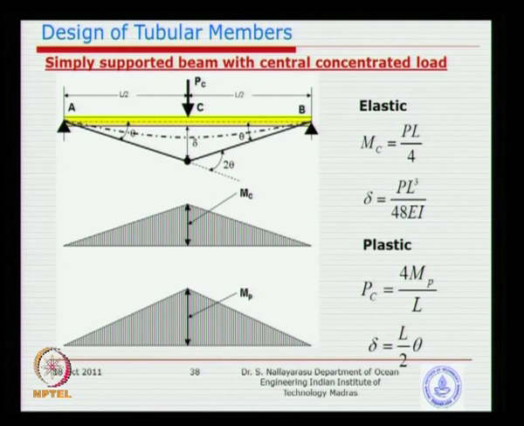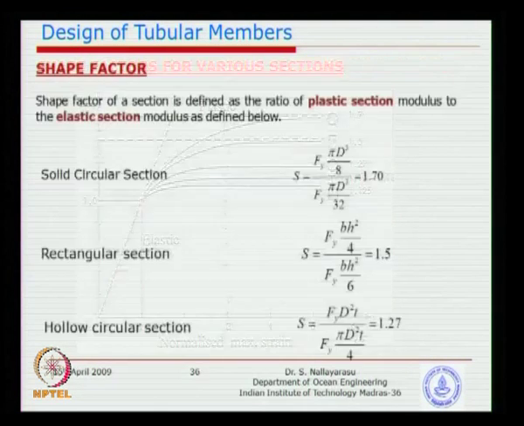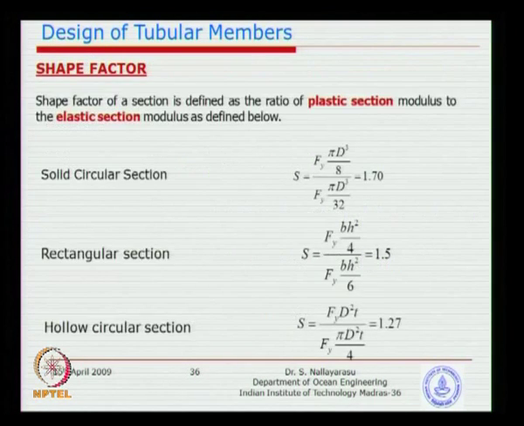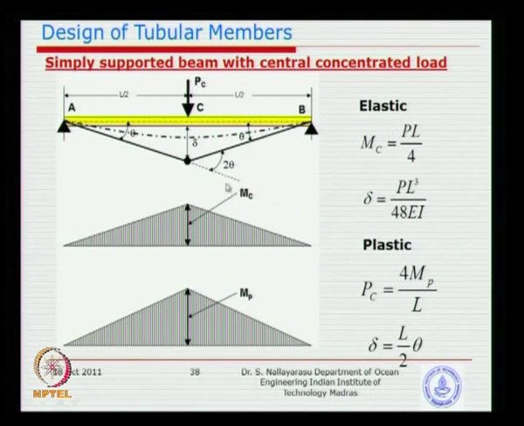So, when we are designing a simple beam like this, the beam is not going to collapse until the redistribution across the cross section from a triangular stress diagram to a rectangular stress diagram has happened at that particular point of loading. The reason the plastic hinge forms at the central location is that, as we know very well, that is the place where the bending moment is maximum; elsewhere the bending moment is definitely smaller. So, the first point of hinge formation, or yielding, will happen at the center under the loading.